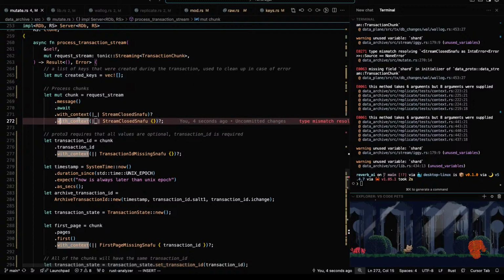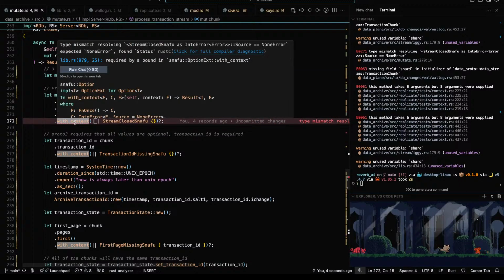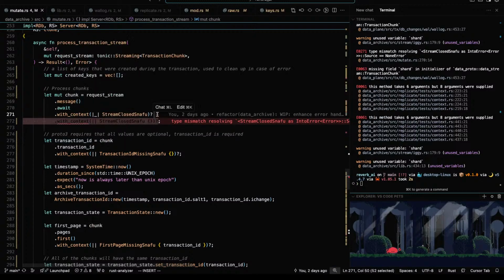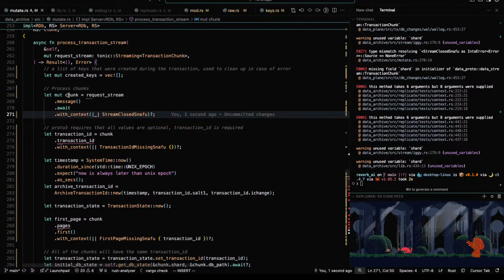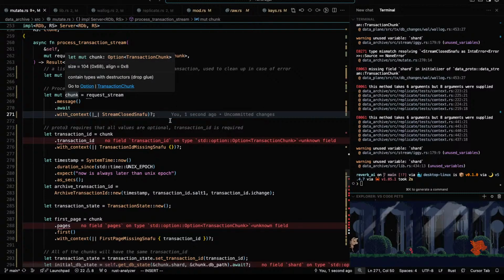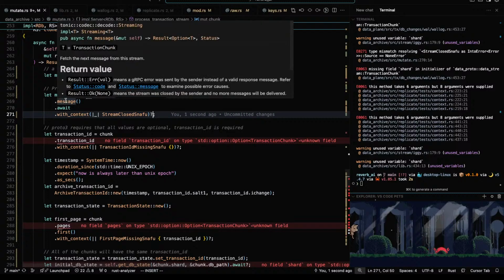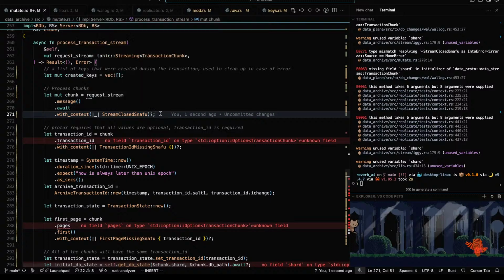Okay, let's fix this real quick. What's going on with this? Type mismatch. Non-error. What? Why do we have two of the same thing? Chunk. Now it's an option. In this case, we might get a none for the first element.